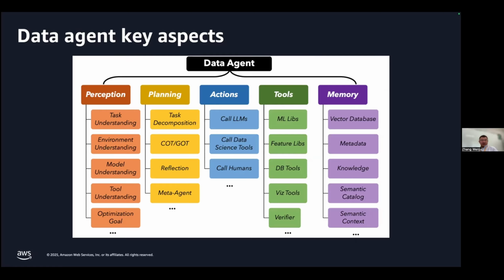Otherwise, the agent will forget the conversation history. The customer will get some outdated information. The customer needs to input their information again and again. So the memory part is also very important for the data agent.